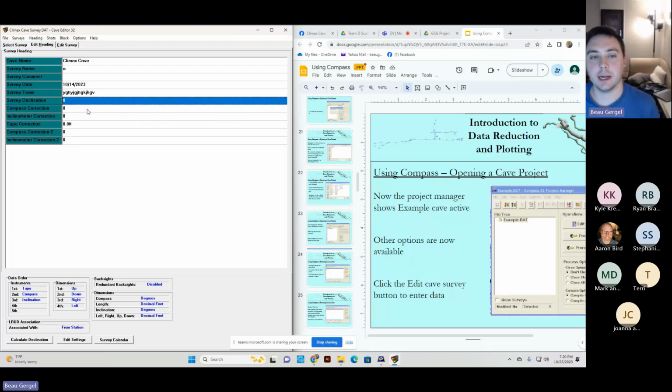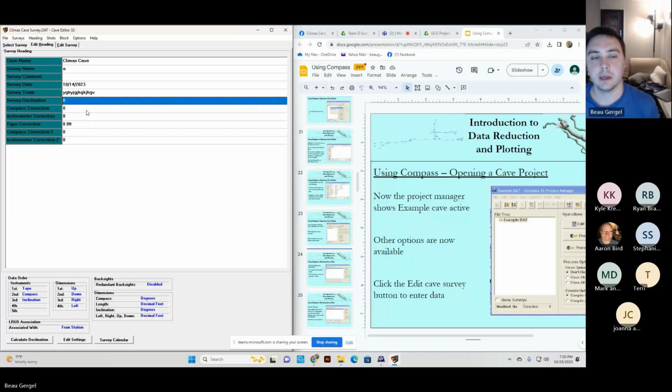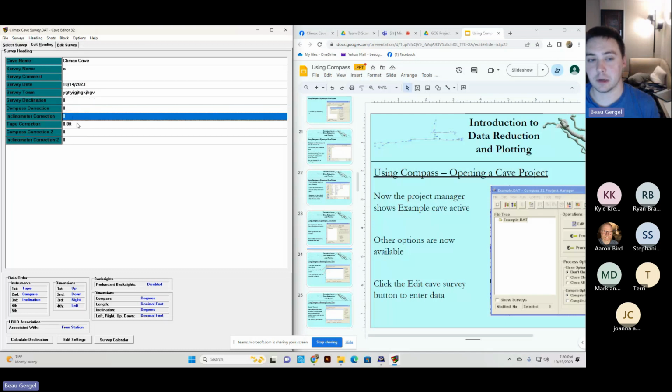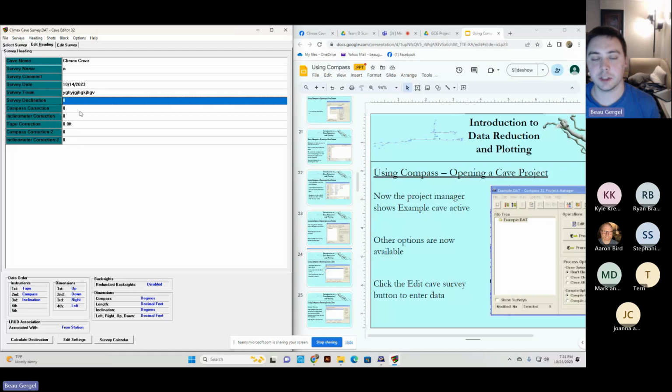Aaron actually might have a better idea of how to explain what this is if he's still there. But if you had a compass, I think, that had an issue, this could help solve it, but I don't touch this. When you get to this page and you're setting up the A survey details, again, you're just putting this so you have this information in the computer. You'll have the team there, you'll have the date there. You can put some comments like, I don't know, it was an 11-hour trip. Anything else they put on the survey sheet